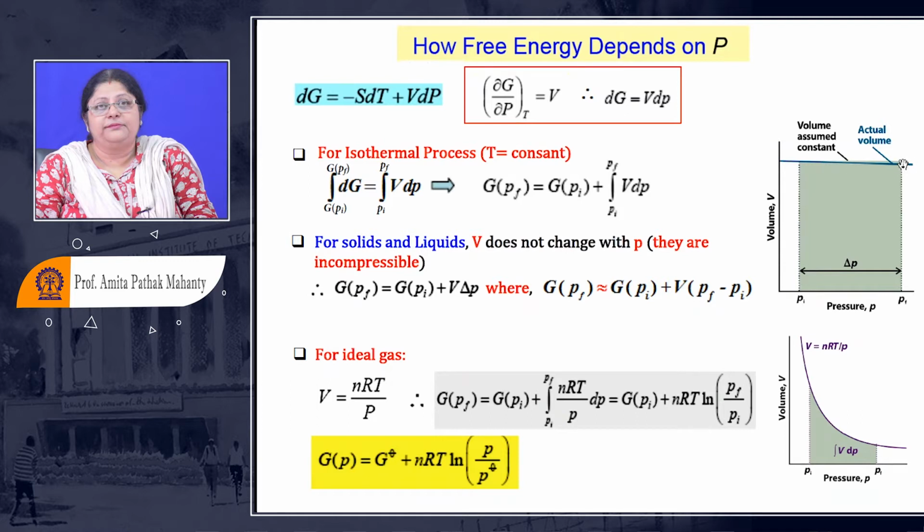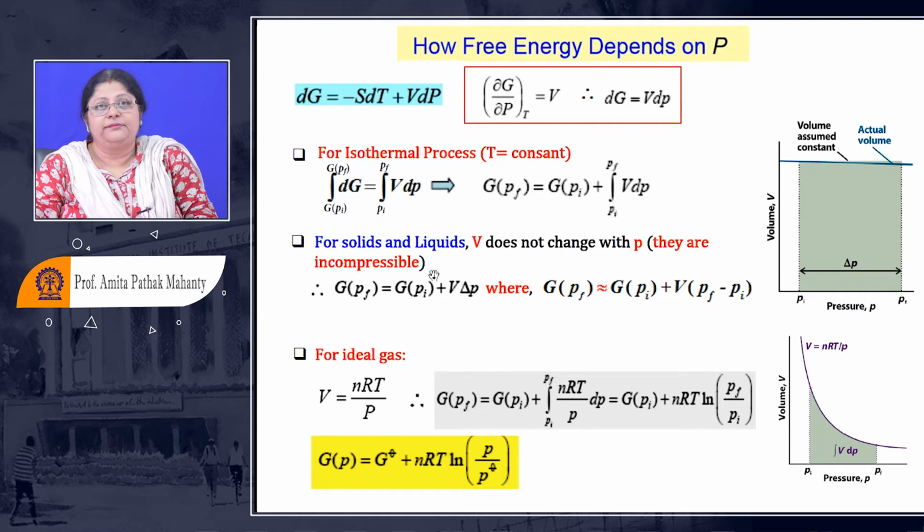This is the area which you are going to get. So the difference is negligible, and for all practical purposes you can neglect it. So for that reason, here we were looking into a variation of V as well for the gas. But when we are talking about a solid or a liquid, we can ignore this change in volume and keep V constant and just take the difference between the two pressures, final pressure minus the initial pressure. So they are almost equal to writing it like this.